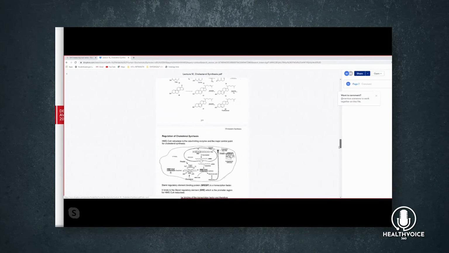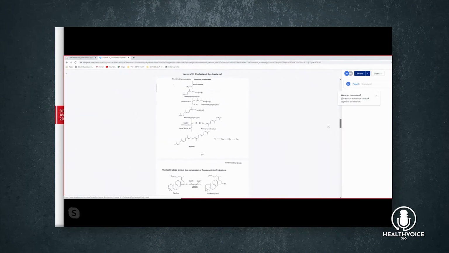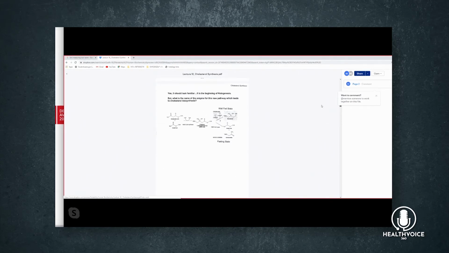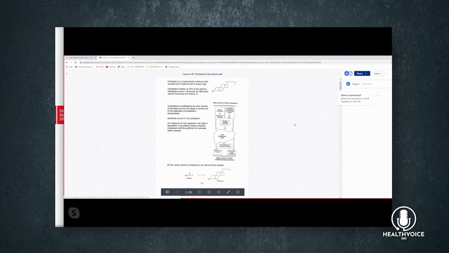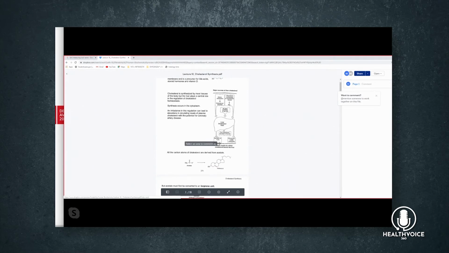So here we're going through the synthesis of cholesterol and what it takes to actually produce cholesterol. It's a very complex pathway, but we can also see that it takes your body a lot of stress to really produce high cholesterol levels as well as cortisol levels. So coming into the main breakdown: if you have a very increased dietary cholesterol intake, not only are you putting more stress on the liver, but you're also increasing more